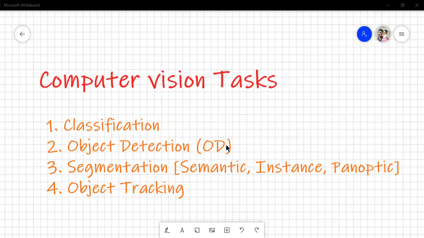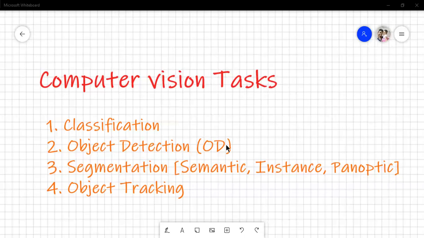So in those kinds of places, segmentation is useful to find exactly which pixel matches which class. This pixel corresponds to this class, that pixel corresponds to another class. Those kinds of works use segmentation. Segmentation is built based on classification and object detection, but it's more complex than the others. But we can get a good understanding from this of what segmentation is. Then the fourth thing is object tracking, which is based on classification, object